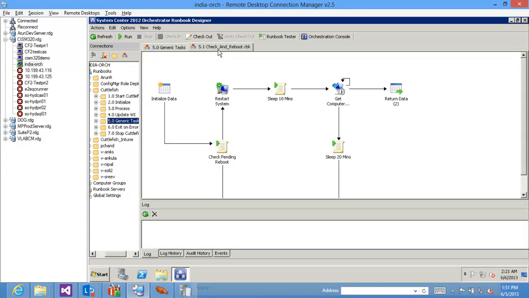And part of the idea for us building this out was trying to make this as generic as possible, so that we could provide different sets of inputs in our task and build for performing different tasks, and they would all get executed from the same set of runbooks. Because we didn't want to be editing our runbook every time. We just wanted to be editing the scripts, the external scripts, or the task list or the build list that we provided as an input to this runbook. So let's go on to the next section,